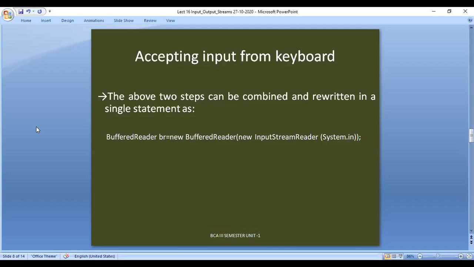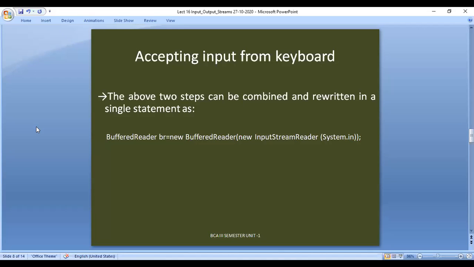This is needed for accepting input from the keyboard. If you are writing a program to accept input from the keyboard, that is, if your program wants to accept data from the user, this must be included in your program: BufferedReader br equals new BufferedReader(new InputStreamReader(System.in)).